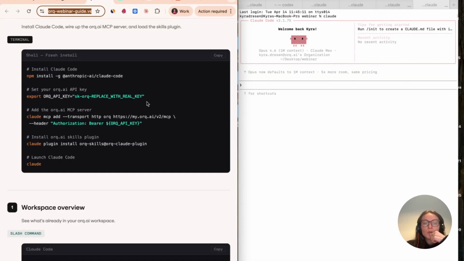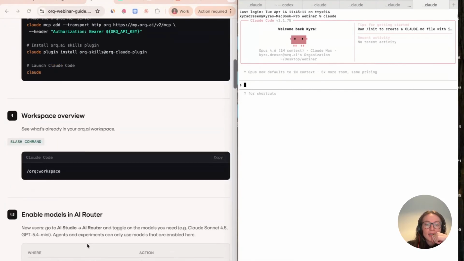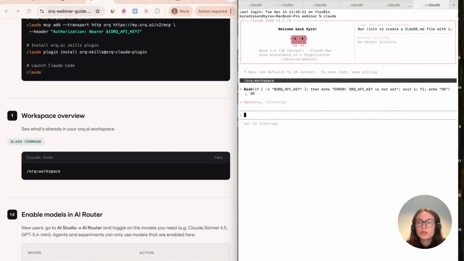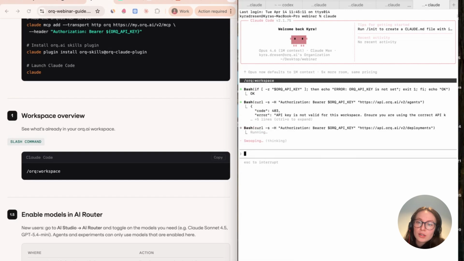So for the people that do have the MCP installed, what you can run if you have your Claude open, like I do here on the right side, is you can copy this or you can just type it: how to integrate OpenTelemetry and Evals. Alessandro, I'll drop a link to the docs in a second. So you can run this command to quickly see what is actually happening in my workspace. If you have a new workspace, you won't see too much, but if you